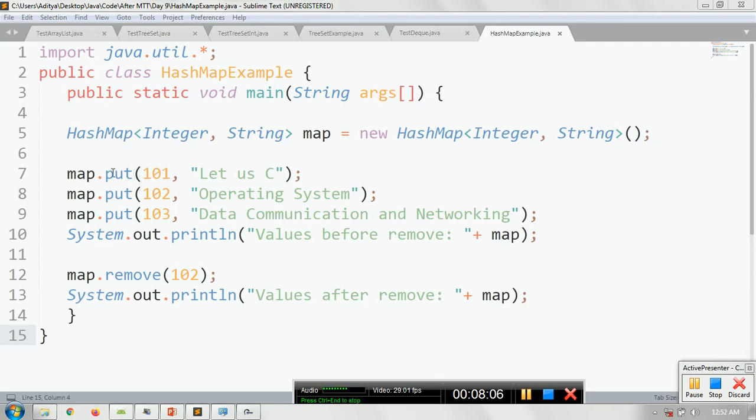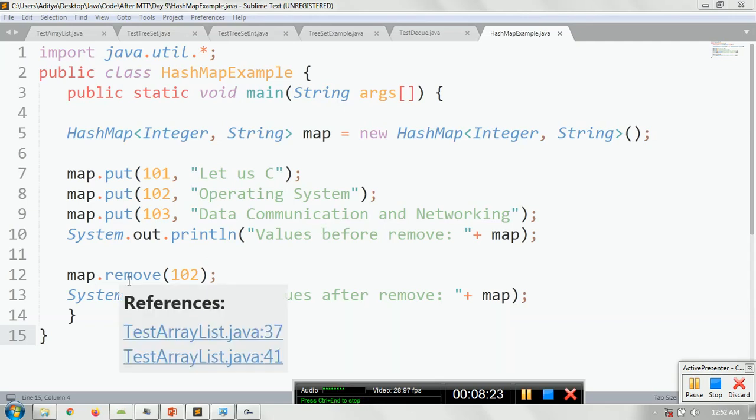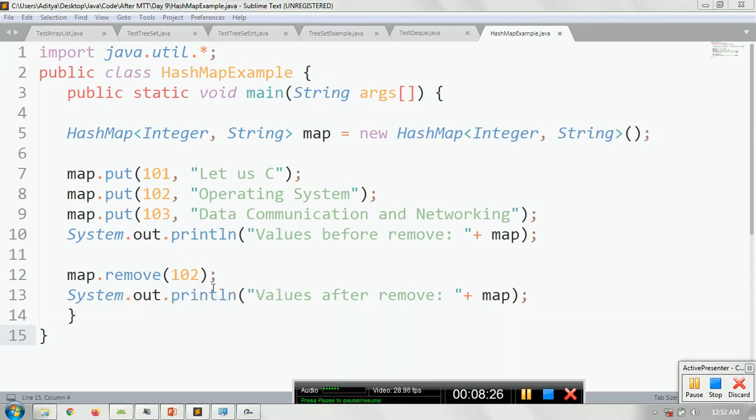So with the help of the put method, I can associate a key with a value and then add this to the hash map. I've taken 3 puts, so 101, 102, and 103, and then you can print all the contents of the map. If you want to remove, you can just pass the specified key. Automatically the entry associated with that key and the value will be deleted or removed, and this is the output after remove. So let me execute this code and see what happens in this case.